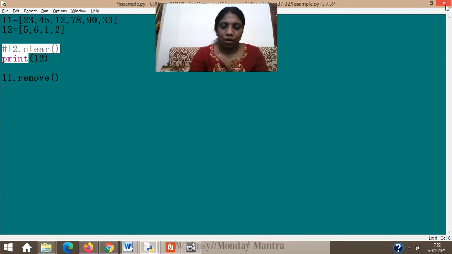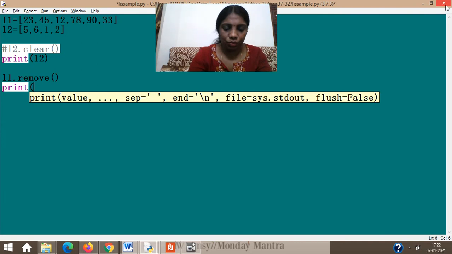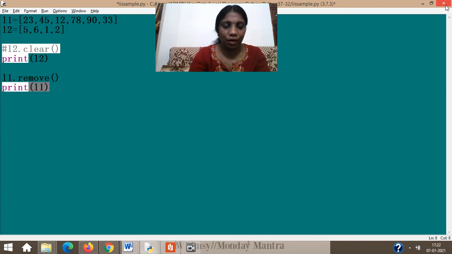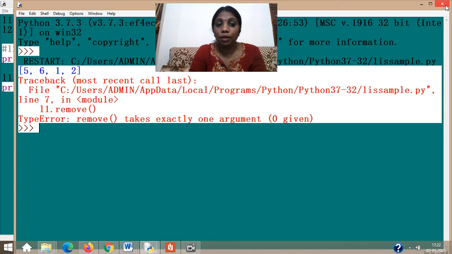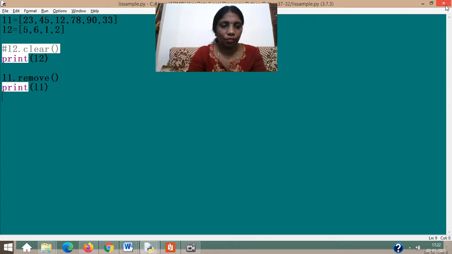Let's try and then we will correct it. So this is with L1, so I have to give L1 and then I'm trying to print it. See, remove takes exactly one argument. That means clear does not require any arguments, but remove requires it. That means I need to write here remove, give any particular value, and see now what happens. Remove 23 I am giving.